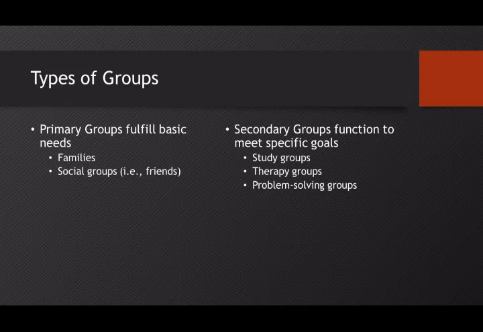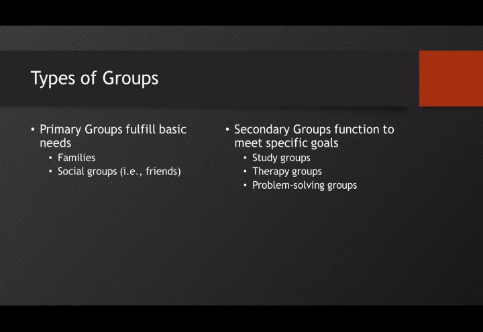The family typically stays together for long periods of time, and as they move through the process of different events within long periods of time, there's definitely changing goals, but the aim is to sort of stay together. Social groups, friends, and there's many different types of friend groups that you can have that have similar goals or similarities, can also be considered a primary group. So if you think about people that you maybe share in a soccer team, or you might share as a church group, those are social groups that definitely fulfill that need of belongingness, similar to your family.